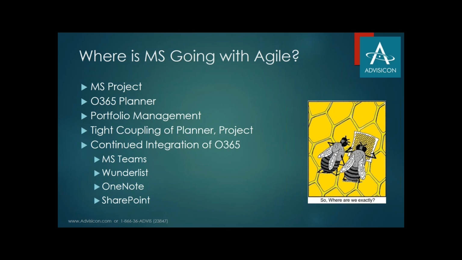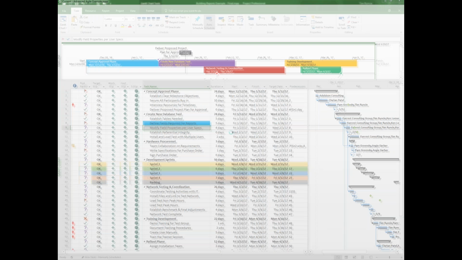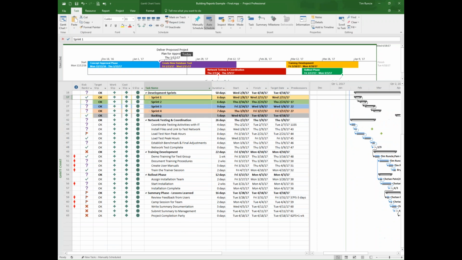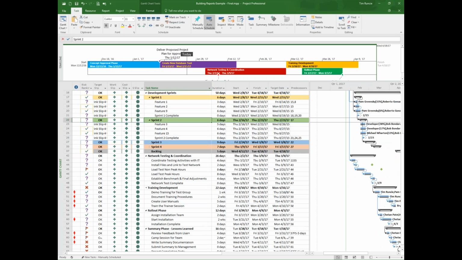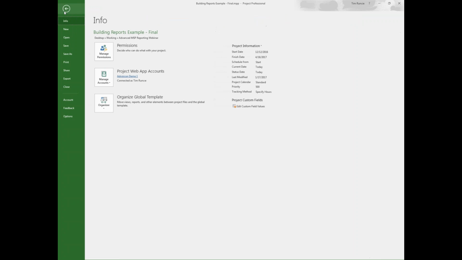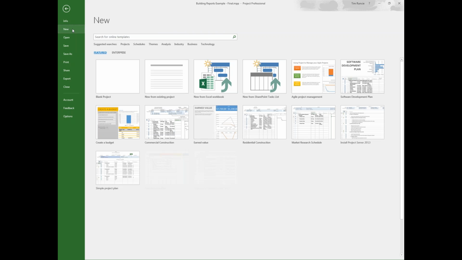In fact, let me just bring open Project, if you haven't seen this before. You may be dealing with your own schedules where you're expanding and collapsing your waterfall methodology. But you may even be drilling into specific iterations where you have features or sprints that you're managing. Of course, you can always click on File and select New, and New has a whole series of